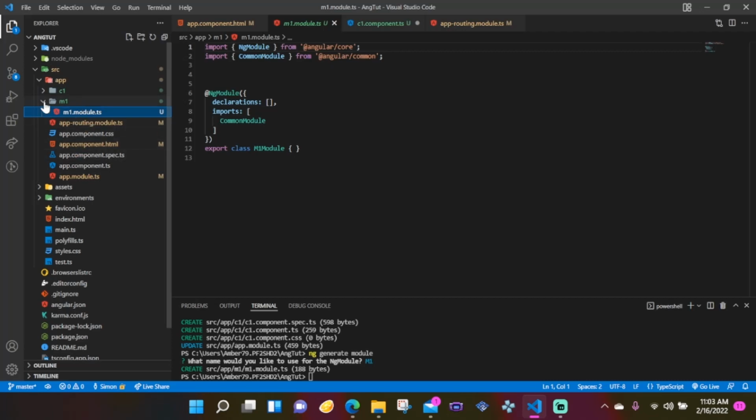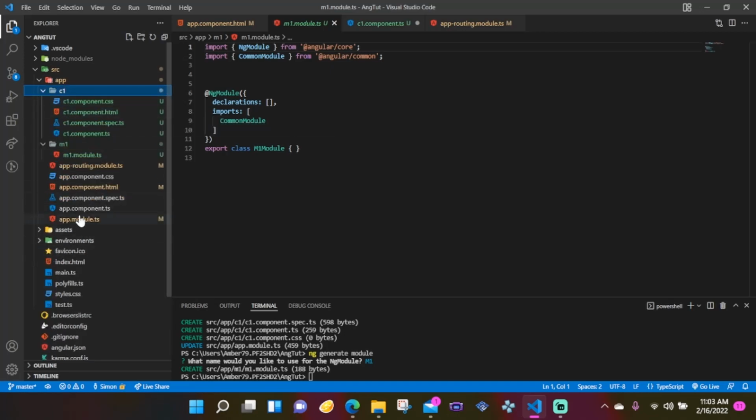Let's say we want to add some more components, and we want them to be in this module, right? So we want them to be separate from the original module. We want them to be in this module. For example, just like the situation I explained earlier with the login and sign up page. So let's pretend like this is, for example, the authentication module, the login and sign up page. If we want to add components to it,